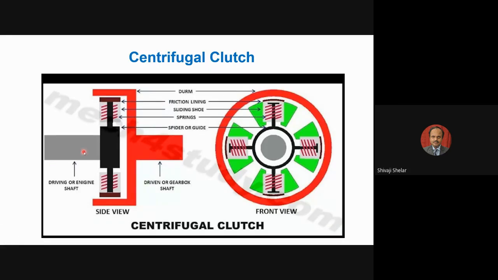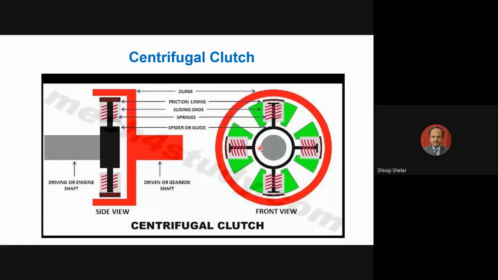This is your driving shaft, and this is your driven shaft. On this driving shaft, various weights are mounted, and these weights are supported with the help of springs. You can see here, this is one weight, this is another weight. There will be 4 to 6 weights mounted depending upon the size of the shaft and the power to be transmitted, and a number of springs. These weights can move radially inward and outward in the guideways provided here, and mounted with springs, they can move in and out in the radial direction.